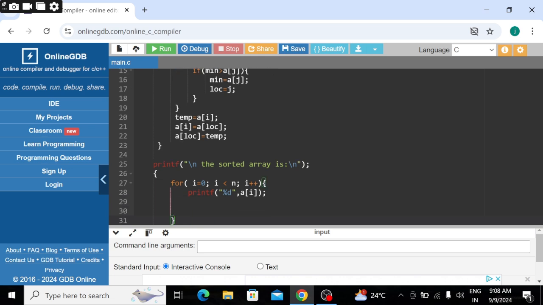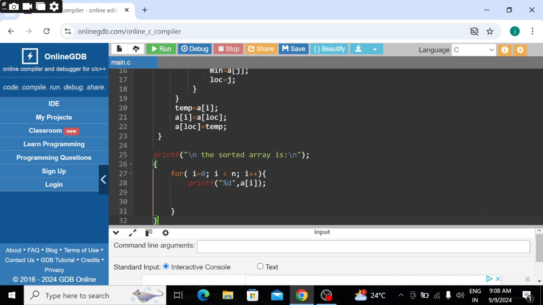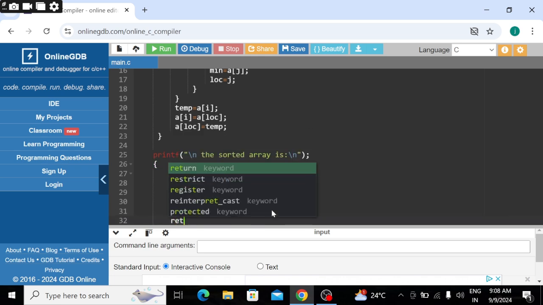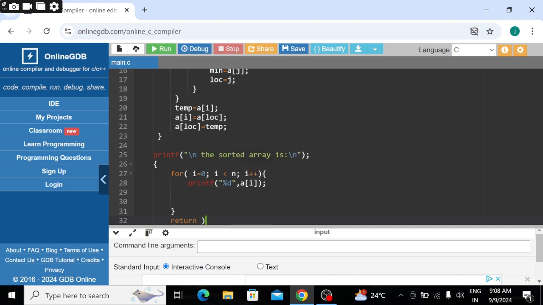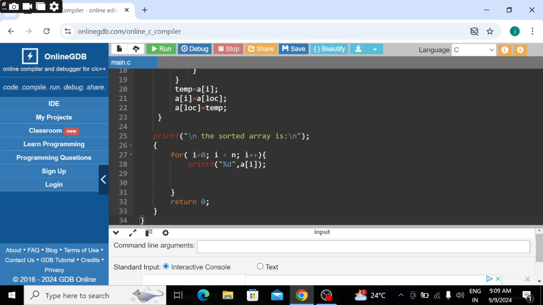After that we give a semicolon. After that we use return 0 because we used int main. Semicolon.